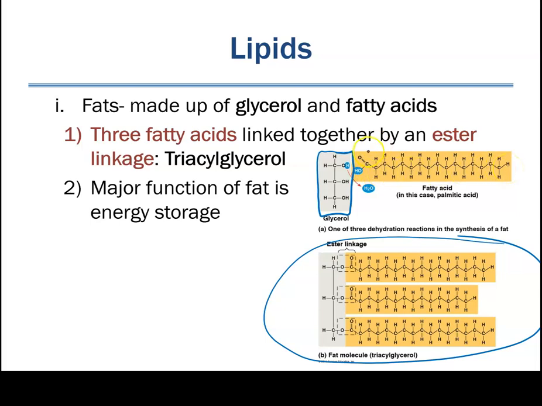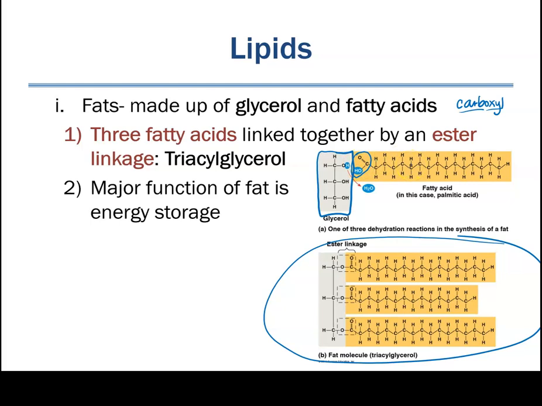It's called an acid because of this functional group over here. That's our carboxyl group, a carbon-oxygen group. The diagram here shows that this is being formed by a dehydration reaction between the glycerol and the fatty acid